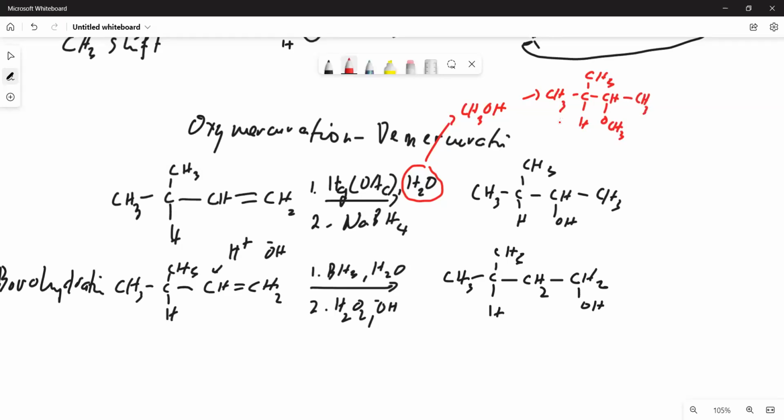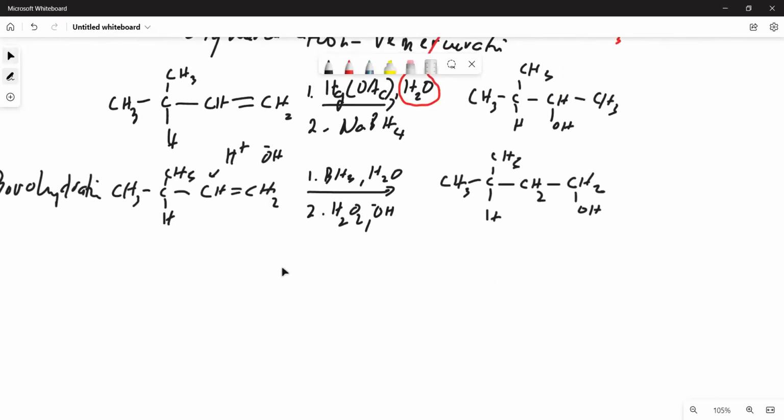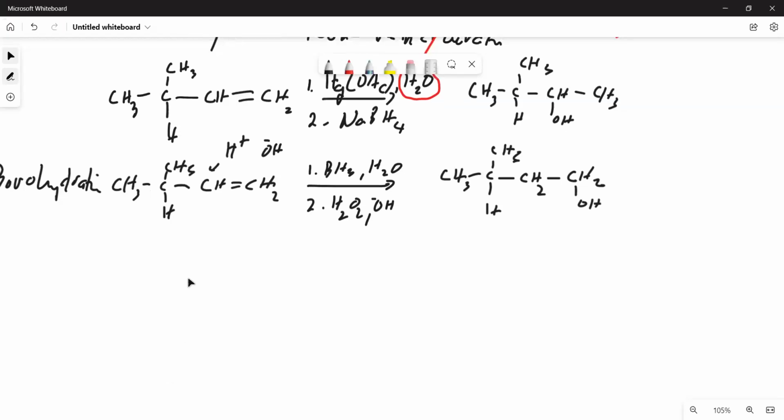There, okay? So there are no rearrangements for these two reactions, okay? But if you don't use this, no, you use sulfuric acid, there will be a rearrangement, okay? So take note of that, no? Now,